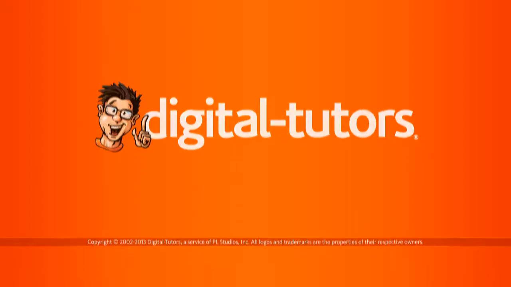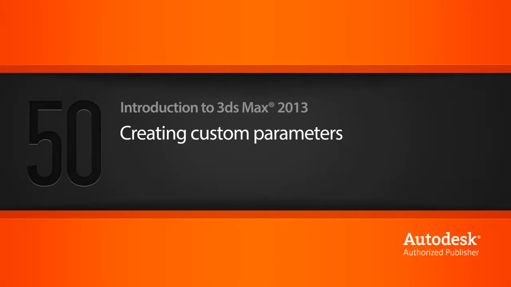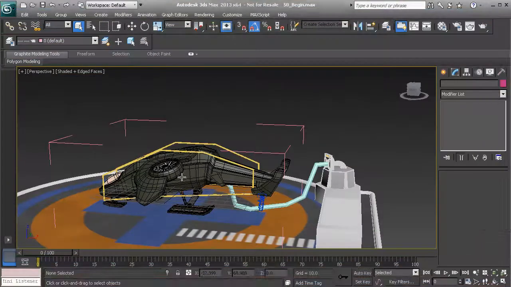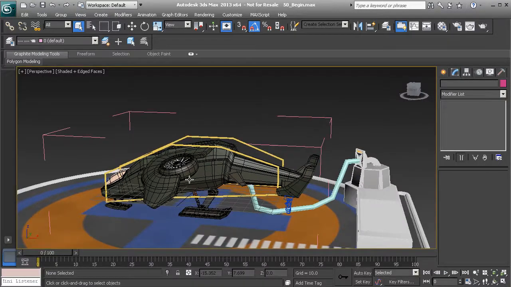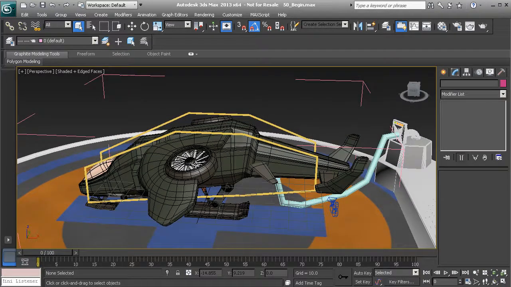In this lesson, we will learn how to create custom parameters. A lot of times when we create control rigs, we need certain objects that are part of that control rig to be controlled a very specific way. Take our turbines. Yes, we'll set up a way to have them spin based off of time, but then we'll